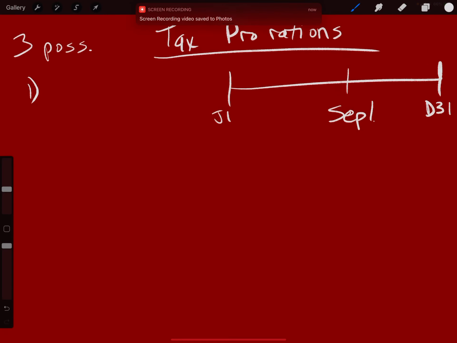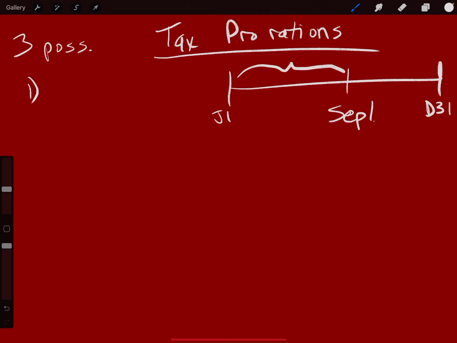We're going to talk about tax prorations now: how to calculate tax prorations for the closing day, and how to charge the proper people, buyer versus seller, for the amount of taxes. So there's three possibilities. The first one is if we have a closing sometime in this time frame between January